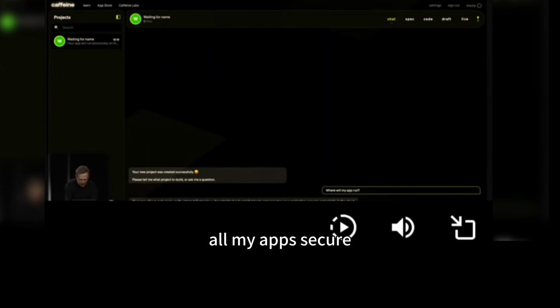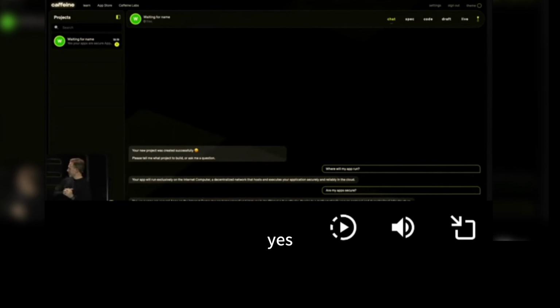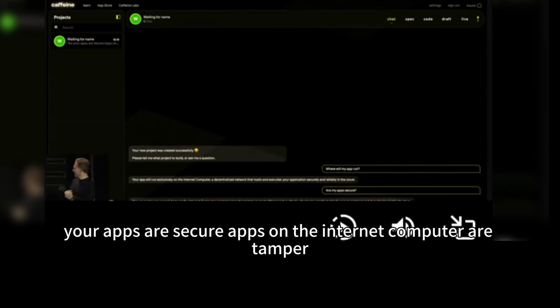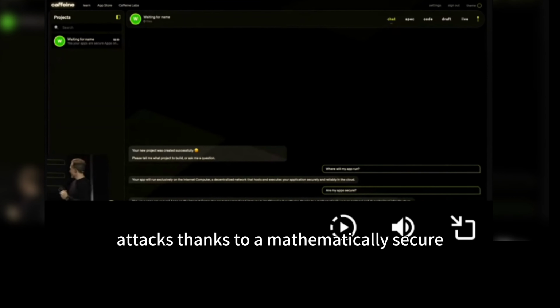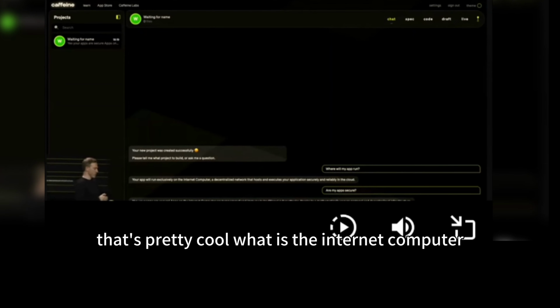Are my apps secure? Yes, your apps are secure. Apps on the Internet Computer are tamper-proof and immune to traditional cyber attacks, thanks to a mathematically secure protocol and decentralized infrastructure. Okay, that's pretty cool. What is the Internet Computer?